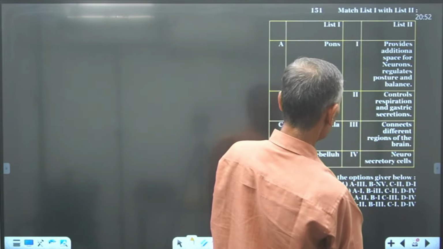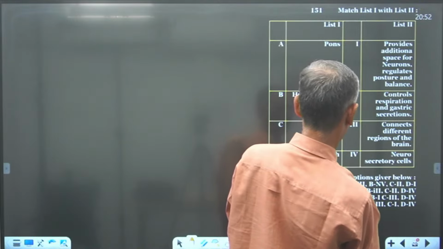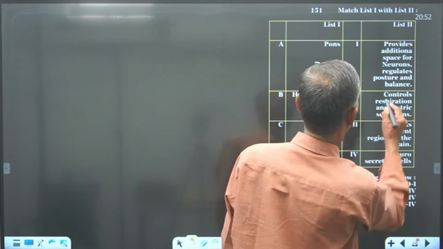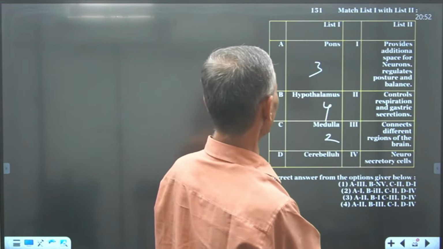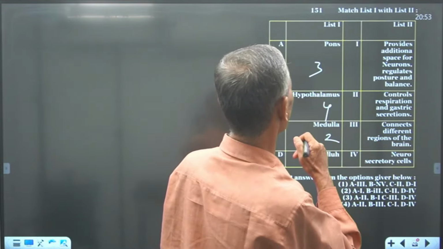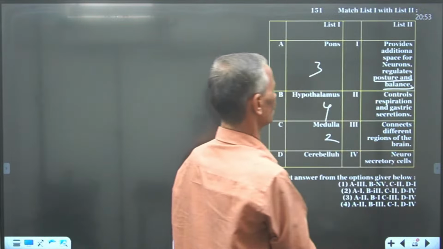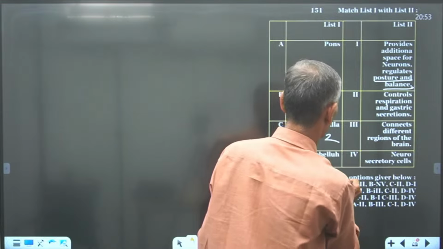So 3, 4. Then medulla oblongata controls respiration and gastrointestinal secretions, and cerebellum controls posture and balance, equilibrium. So 3, 4, 2, 1. So the option goes to